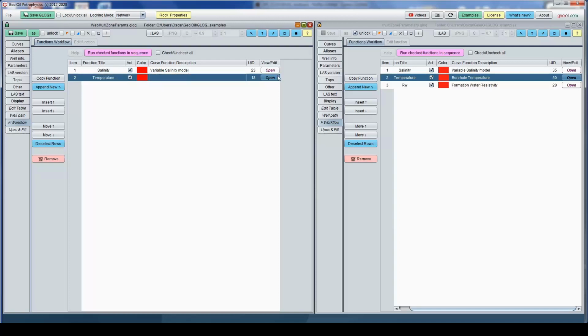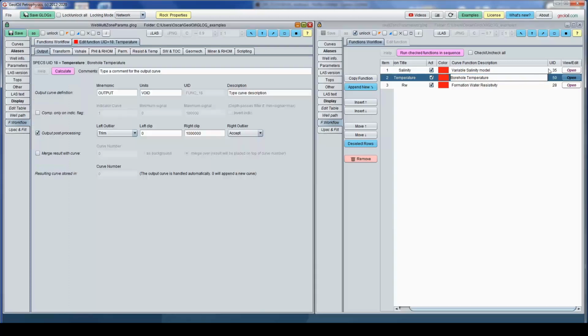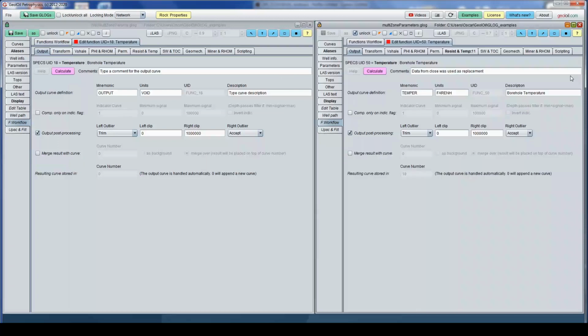Let's see how to do that. Open, write the mnemonics and unit: temperature, mnemonic, unit Fahrenheit, borehole temperature.